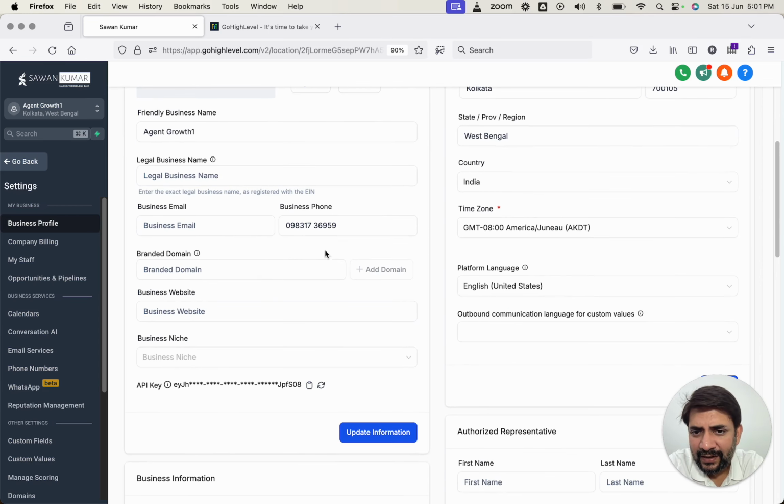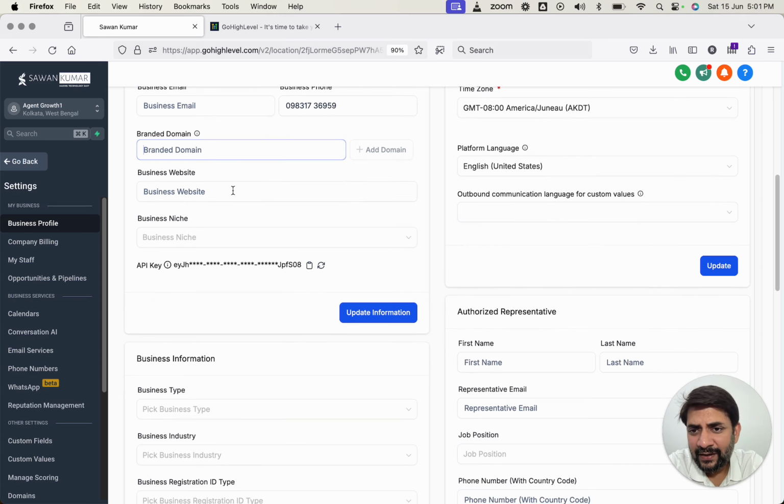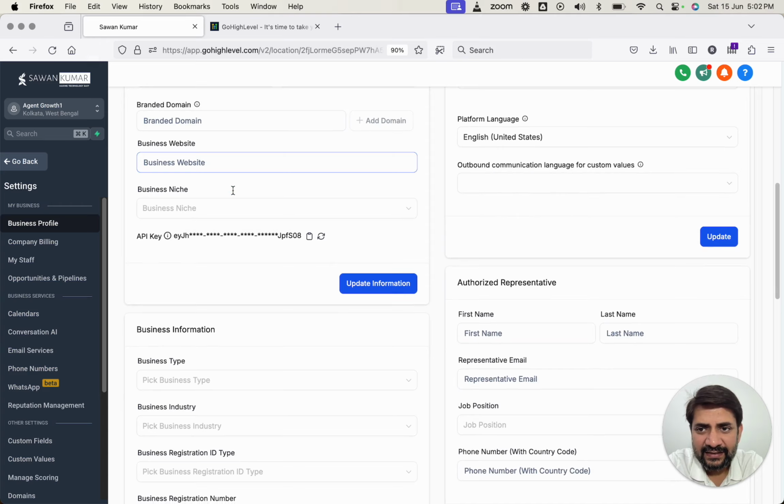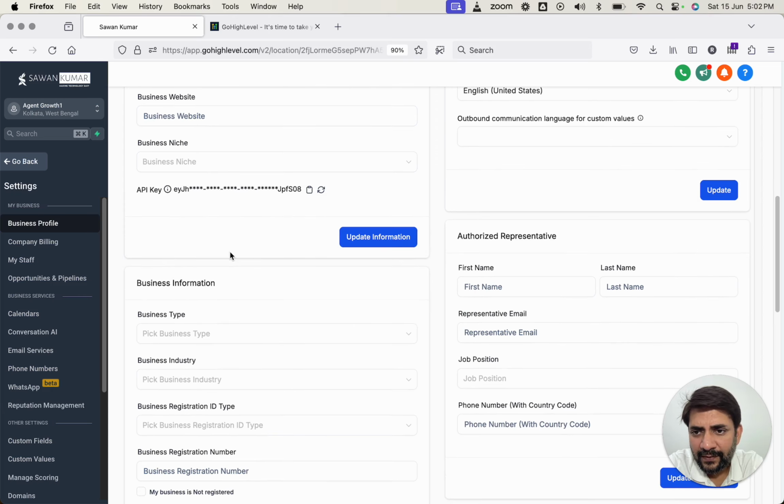Then you have business email, business phone, a branded domain. You can add a branded domain. Basically, your custom domain is what it is talking about. Business website, business niche. You can select from the drop down what niche you are into, and you can update